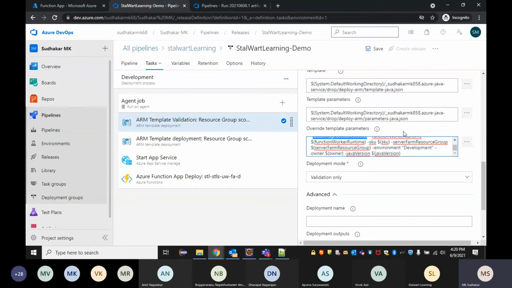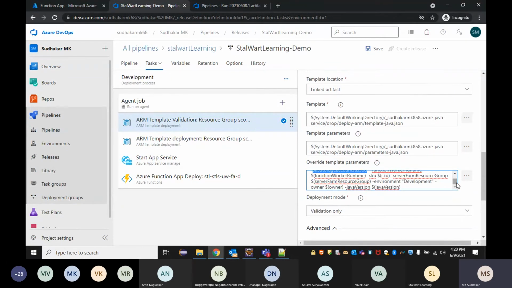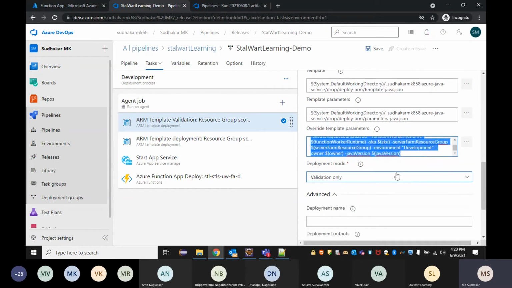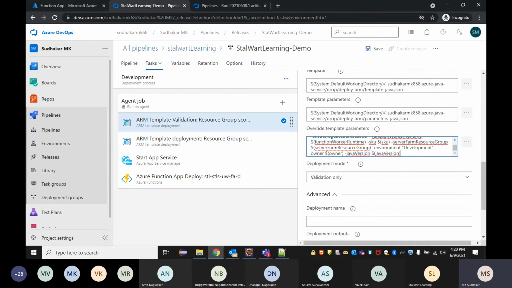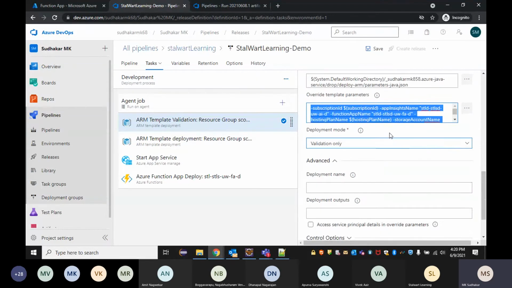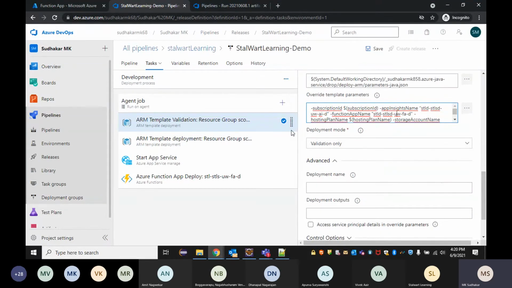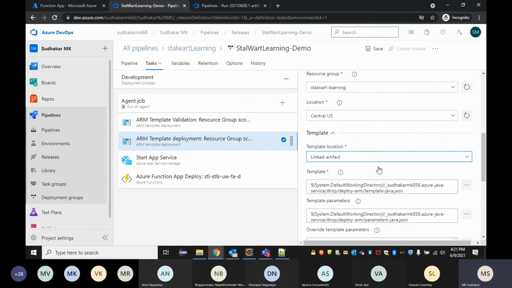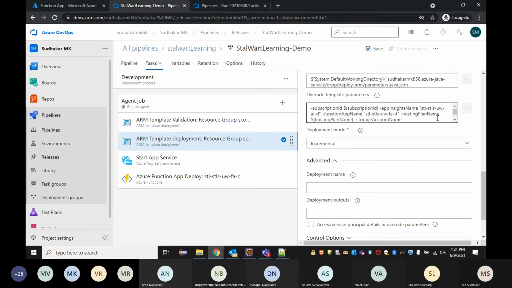All the others come from the global variables, so I don't need to bother too much, because they can reuse the existing resource group and plan. We cannot change anything there, so those can be reused. I want to change just the naming so that it will create new resources for me. I'm going to use similar naming conventions here also. So let me quickly change the names here.